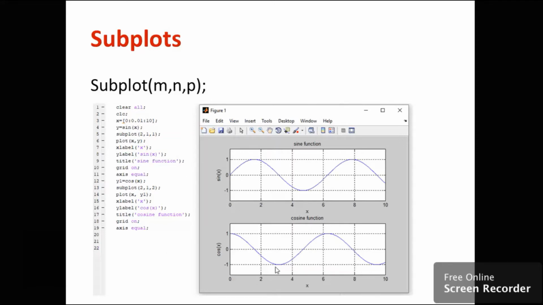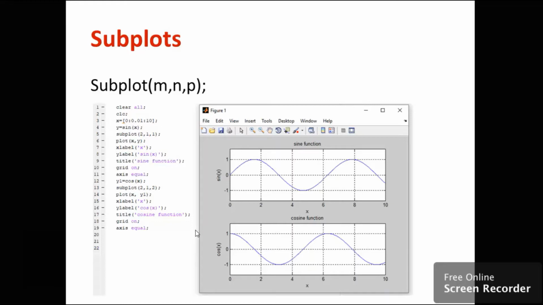And how many columns? Only one column, just like a matrix form. The sine function takes the first position, and the cosine function takes the second position.